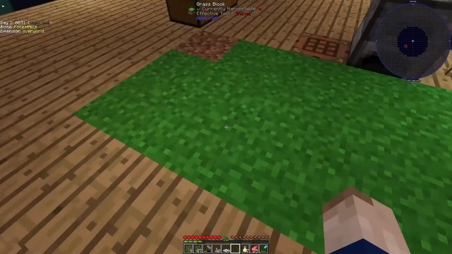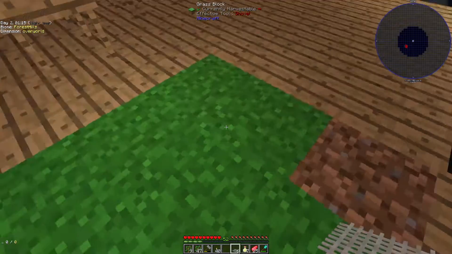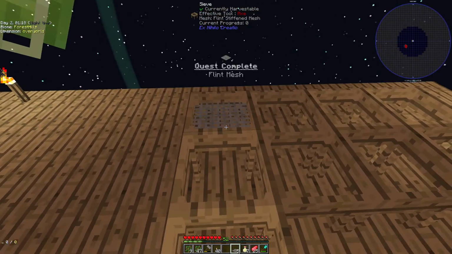the mesh for you. We're going to take this mesh over here and then 1, 2, 3, 4, 6, 1, 2, 3, 6. Fill this in, and that should give us enough to get our flint stiffened mesh started. Now that we have this,